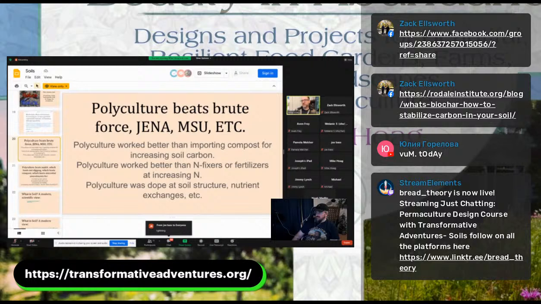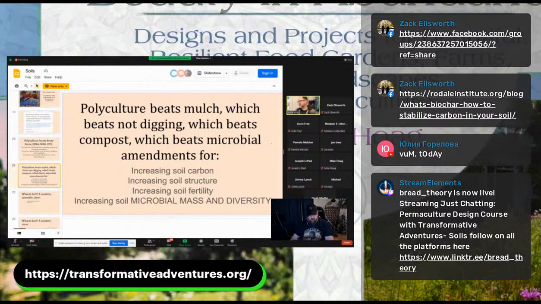So there's a systems thinking change, huh? And polyculture was dope. That's a scientific term. Polyculture was dope at improving soil structure, nutrient exchanges, and all these other factors for soil too. So we're getting an idea here. With systems thinking, all of these ways we can moderate soil, we can use polyculture, we can use mulch, right? We can design systems that harvest their own water better. These will be lasting ways to increase soil fertility, soil structure, make plants grow better in almost every sort of way.